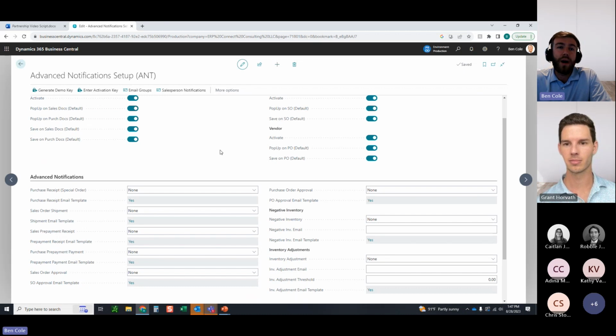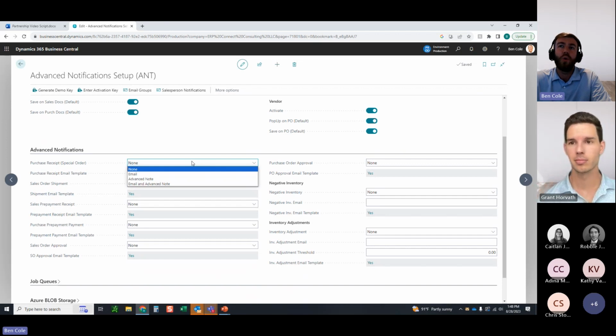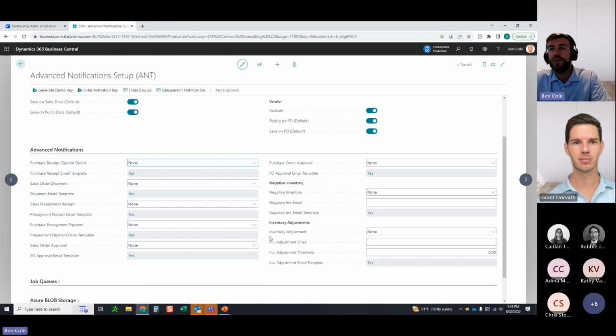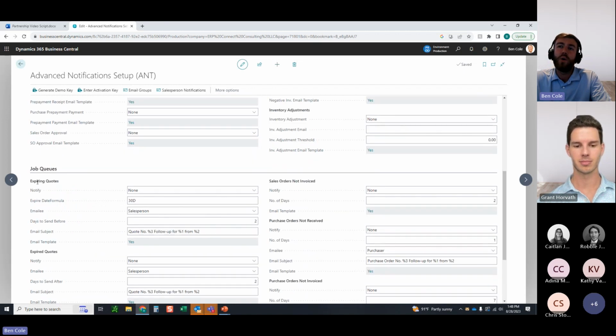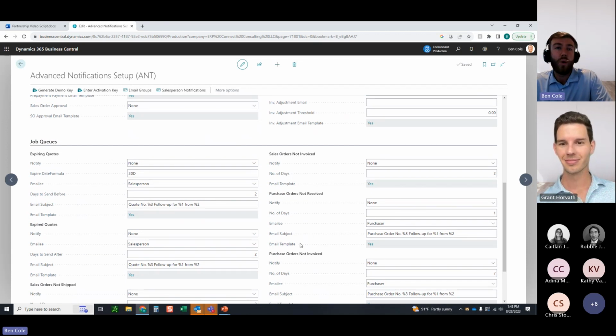In addition to that, though, where the real power comes in is the advanced notifications and the ad hoc notifications. What advanced notifications do, these are going to be event-triggered notes. When something happens, send someone a notification or send someone an email or do both, right? So if a purchase order is received, send an email, send an advanced note, or do both. When a sales order ships, when a prepayment has been paid, when inventory goes negative, when inventory is adjusted, when quotes are expiring, when sales orders have not been invoiced, purchase orders not received, purchase orders not invoiced, things like that. We can get emails and you can click directly into them to get into that purchase order, that sales